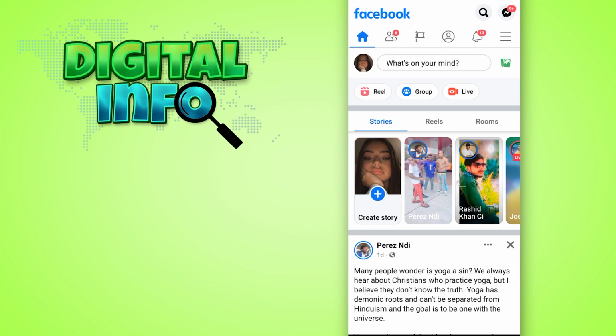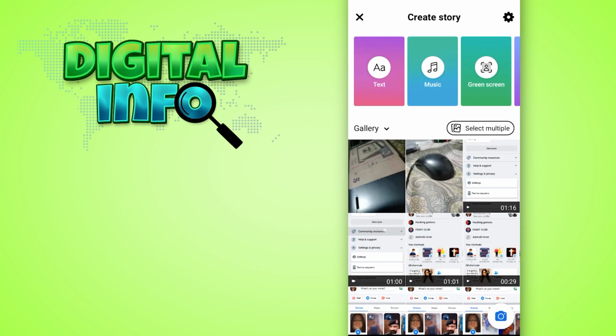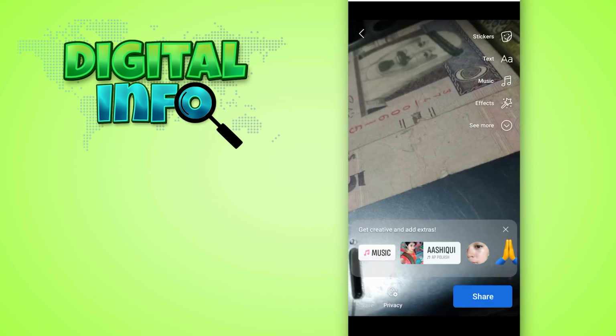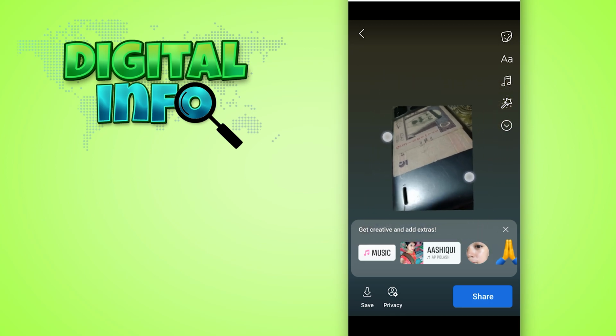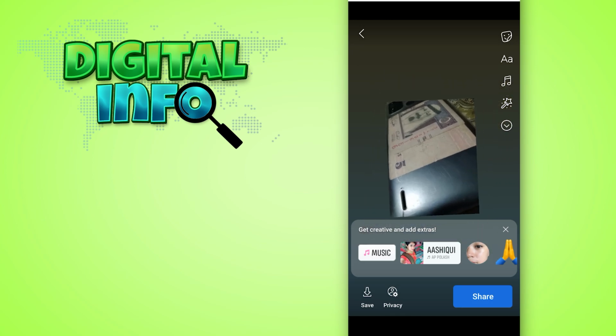So let's start. First of all, you have to log into your Facebook account and then go to your home page. Click on create story option, and here you just simply select a picture and you just resize it, and then click on the sticker option at the top of your story,